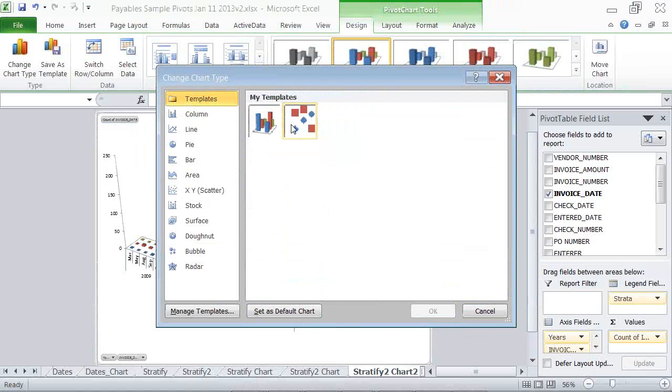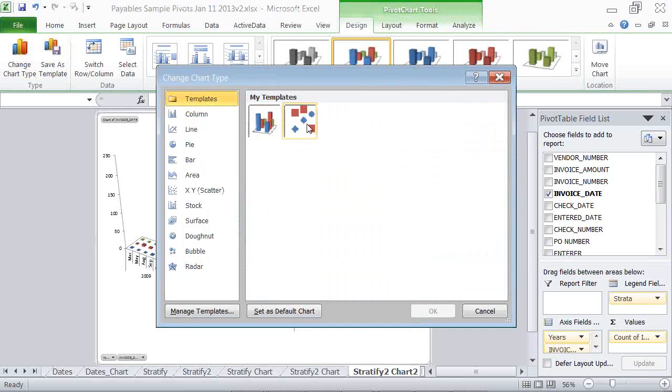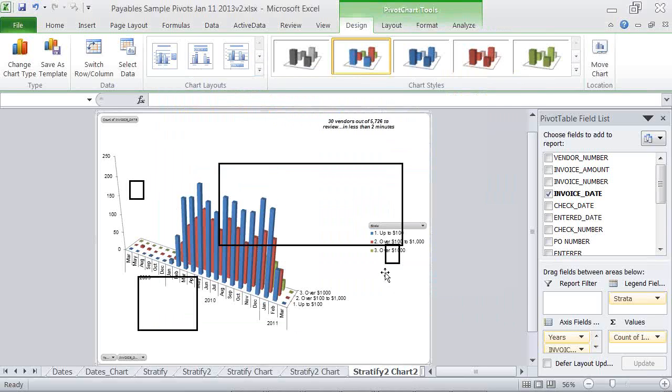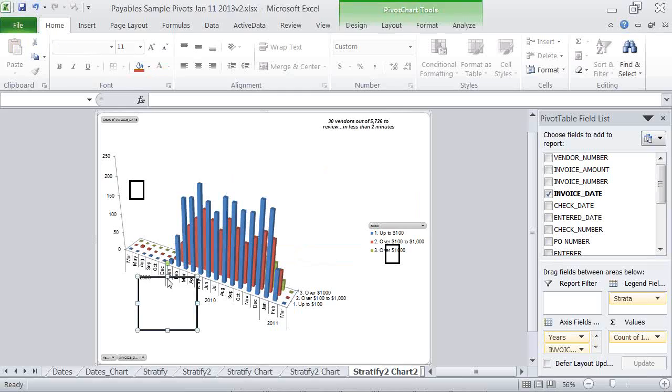Let me try, here's my template. By selecting the template section, maybe we'll select this one here, and it brings it up. I don't think I could use that other template, the scatter graph. So it's going to tell you it can't use it, or it's going to save it. But that template approach can save you a lot of time in building some intricate graphing and then wanting to bring it to another audit or another type of audit, but still doing things like stratifying by type, month, and year.